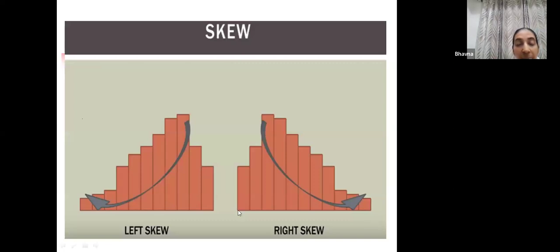Now we'll talk a little bit about what skew is. Skew is asymmetrical distribution. We'll read a lot about positive skew and negative skew in the normal distribution class, which will come next time. But just for sensitizing you today, whenever you draw a histogram where the distribution is not bell-shaped, either the data is skewed, that is, moved slightly towards the left or slightly towards the right. This is called left skew when the tail is towards the left, and this is called right skew when the tail of the data is towards the right. Just try to identify what skew is for this class.